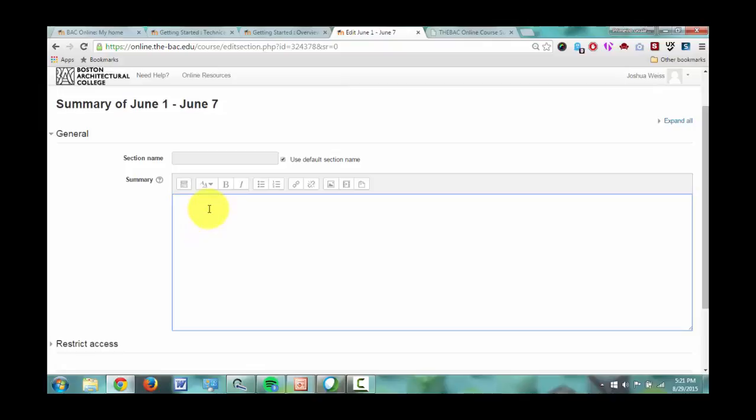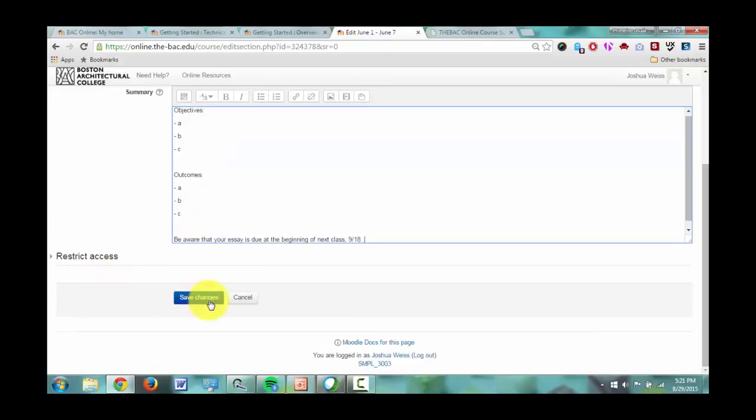So I'm just going to write a brief preface for what this week is about. So I might write objectives, and I might write objective A, objective B, objective C for the week. And maybe I'm going to talk about outcomes for the week, outcome A, outcome B, and outcome C as well. Maybe I even want to, at the end here, say what the assignments are to be aware. So be aware that your essay is due at the beginning of next class, 9/18. So I can place that there and save changes,